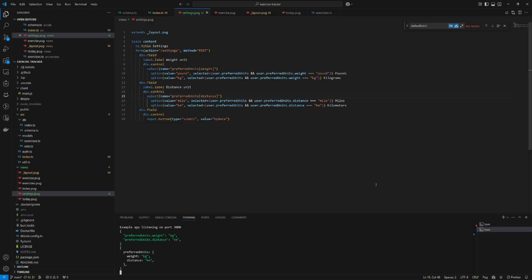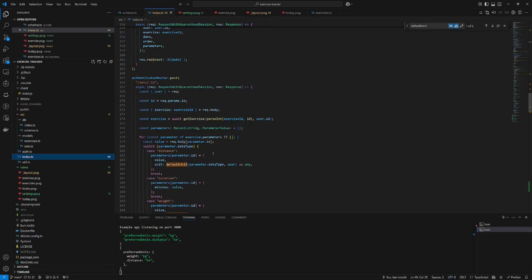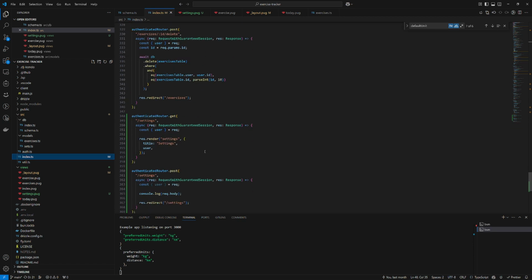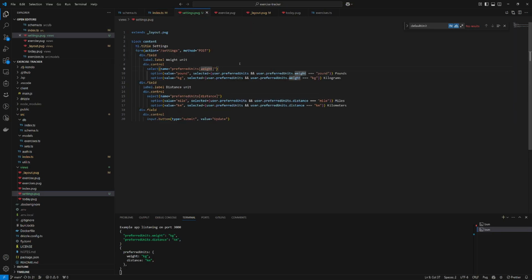Couldn't you just destructure your body object to give it the shape you want? Yes, I could. Really, the only reason that I'm using this extended syntax is because it just makes it a little bit more obvious how the names on the front end correspond to what we're ultimately going to be saving in the database on the back end. So like, for instance, I could just call these like preferred units underscore weight, or even just weight